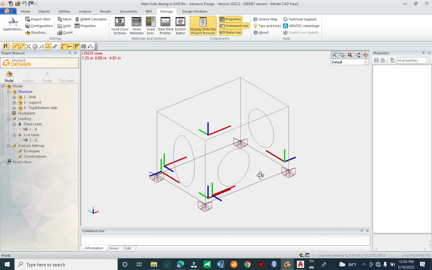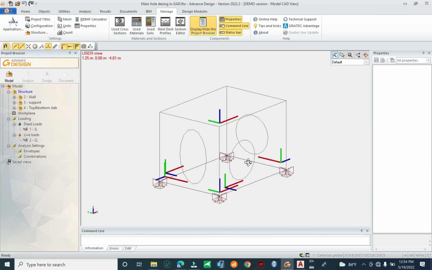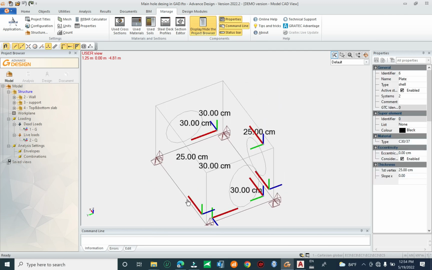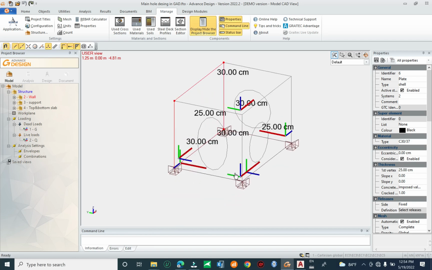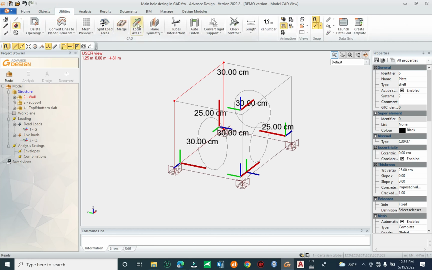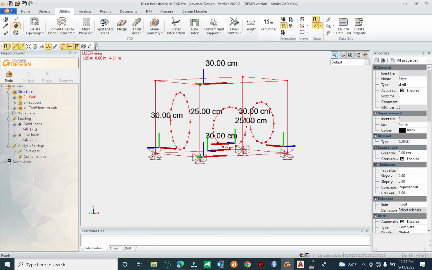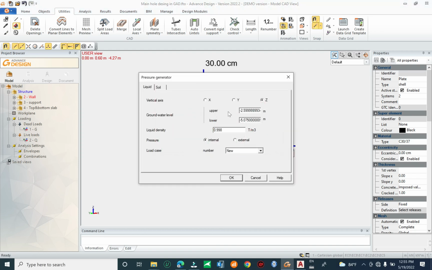Again, the release indicated is not correct. It's not correct because we have to correct the local axis of the panel. You see here the local axis is inside. Now we want to take the local axis on the outside. Okay, so you can click on it. Okay, now it's correct. Okay, again click on wall and right click, load on selection, pressure on selection, and